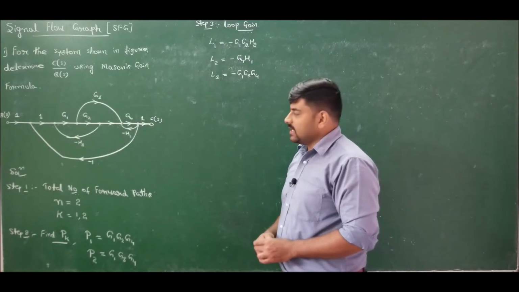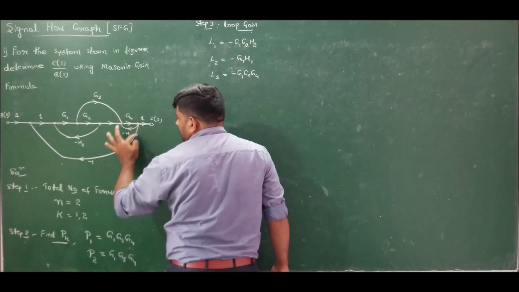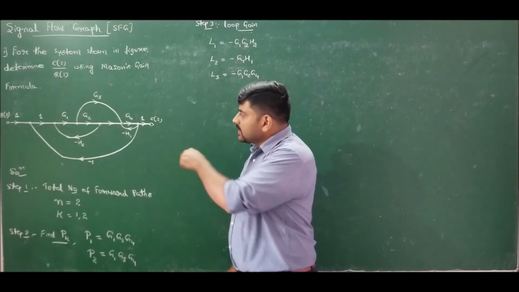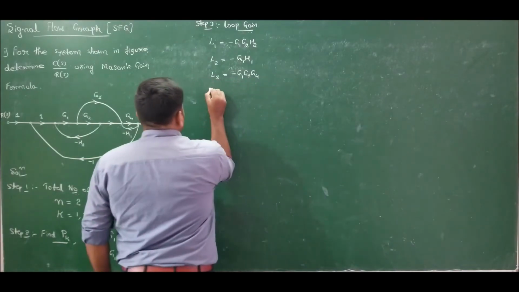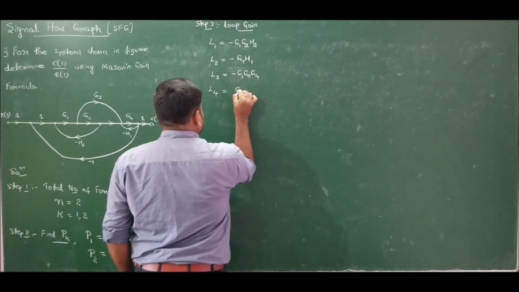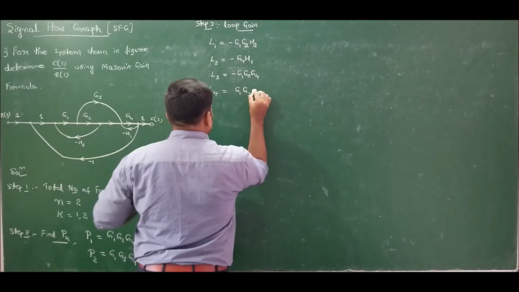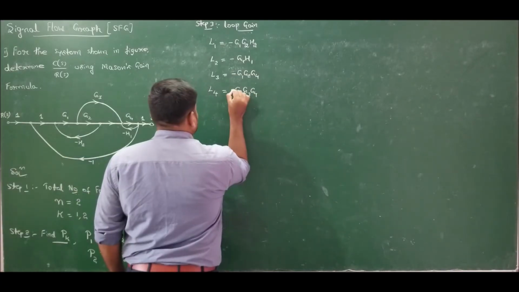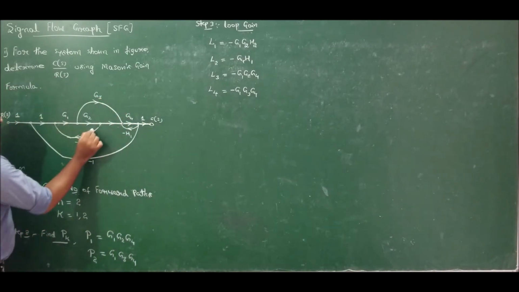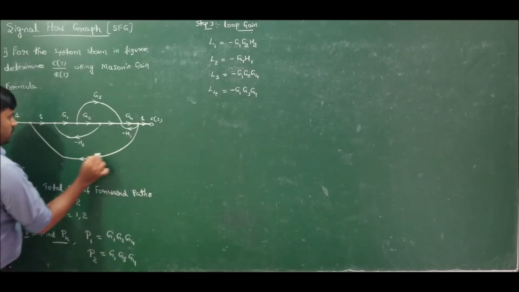No, there is one more loop. That loop is: I can go like this, move in G3, go here and again come back to the original position. That is a loop using path 2. So use path 2, and you can generate one more loop. So loop 4 will be 1, G1, G3, G4, minus 1. So it is minus G1 G3 G4. So this is loop 1, this is loop 2, this is loop 3 and this is loop 4.